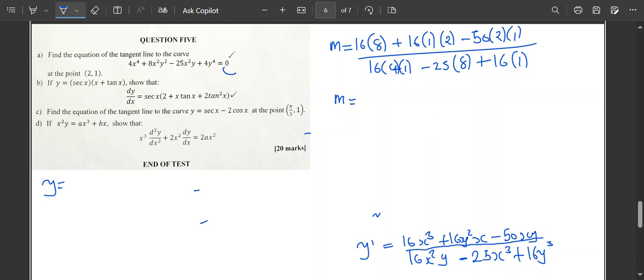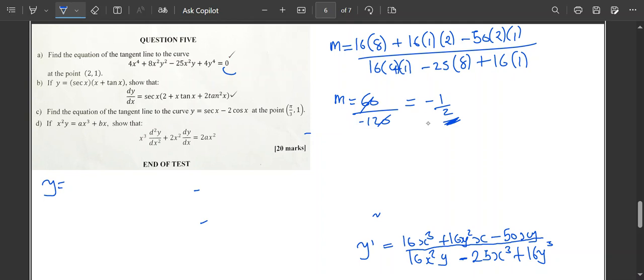So that would be 60 on top, then over, we have 16 times 4, then plus 16, then minus 25 times 8. So negative 120. I don't know why it's giving me negative 120. So that will be negative 120. So we can see that 6 into this, 6 into that, that will be negative 1 over 2 as our